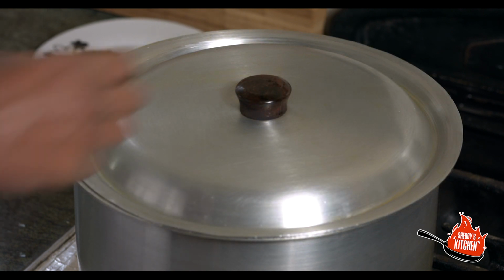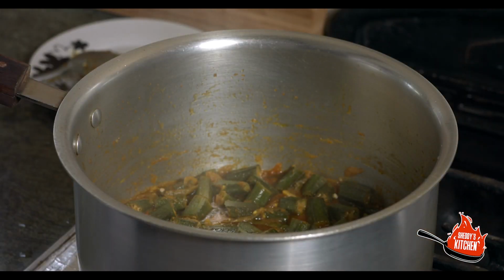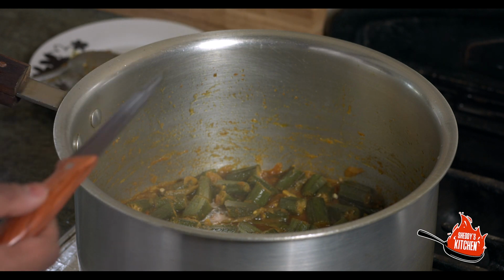So it's been 5 minutes, and we're going to have a look at how this is actually getting on. There's a quick tester you can do over here just to check if your okra are ready, and we've left it 5 minutes. Now sometimes when you buy okra, your ladyfingers, they can actually be a lot tougher, so they take longer to actually soften down. But